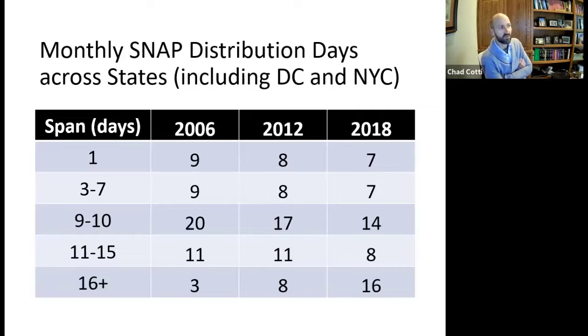Because the state could very easily have spread out payments so that households got 2 payments a month. But instead, households are still only getting 1 payment a month. So from the household's perspective, there is no spread. But within the state population of food stamps, there can be quite an extensive spread now, where, like I said, in states like Florida, it's almost perfectly uniform across the whole month. But yeah, so I think the backstory is more motivated by grocers.